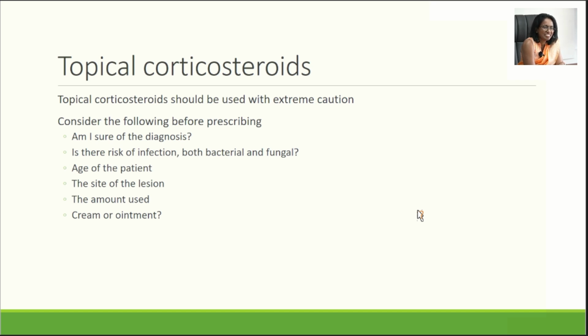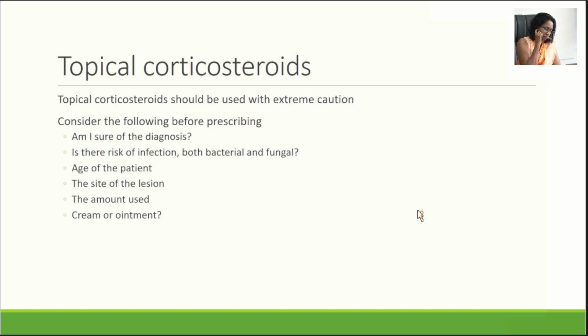I don't see the rationale behind this. So please, let us learn about these. I showed you the classes of corticosteroids, and we are fortunate to have at least 1 brand from each category. So I am trying to give you a bit of a guide as to how you can use these